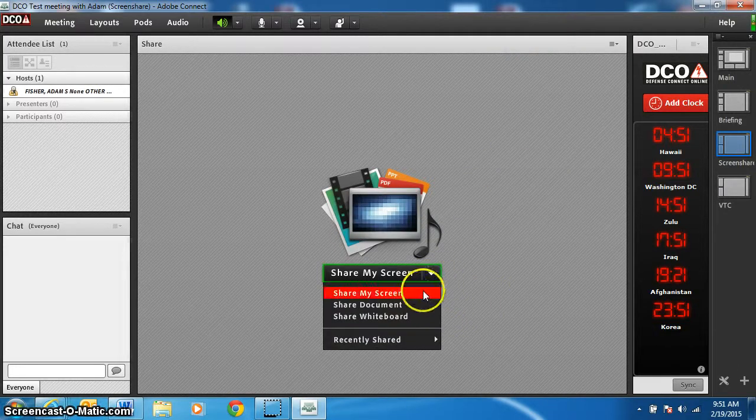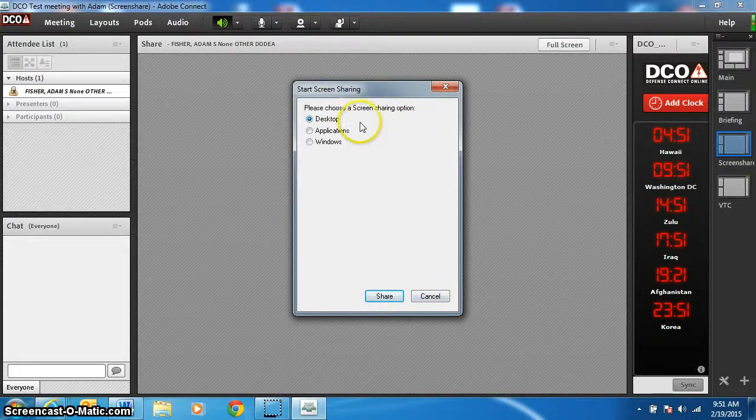You could also choose to share your screen. If you choose to share your screen, it's going to ask you if you want to share your desktop, your application, or a specific window. Most of the time you'll want to probably share your desktop. If you do, when you click share, it will